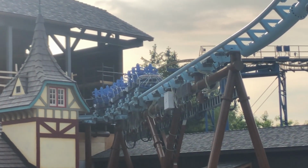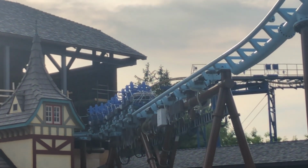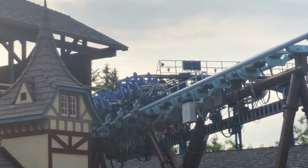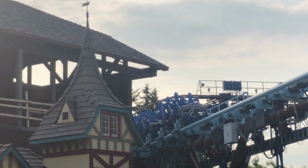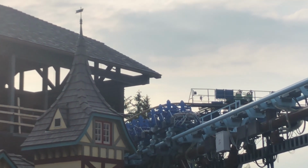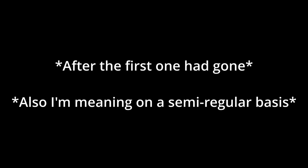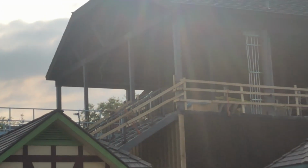However, I'm sure what they're going to do next is bring that blue train into the maintenance bay and launch it into it there so they can start putting the backing back onto that train and prep it to also be cycled and test launched as well. From there on out, by Monday or Tuesday, they will have already started cycling trains. If not by that date, they still have to hand off from Premier Coasters to the actual Canada's Wonderland staff